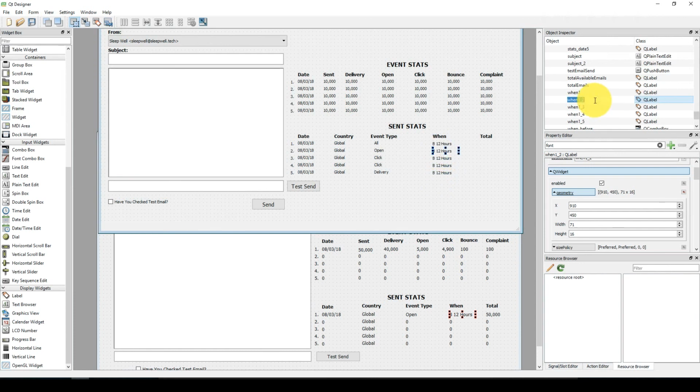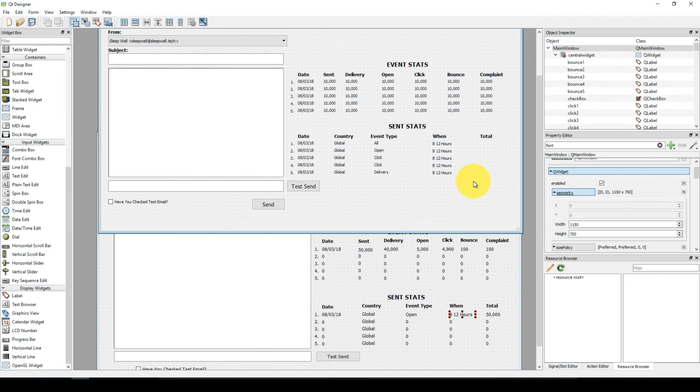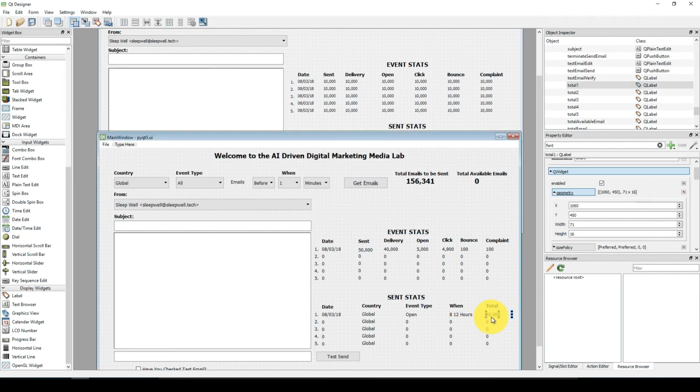Now we need to change this reference also. This is when 2, when 3, when 4, when 5. Okay, and